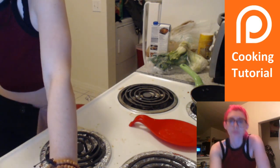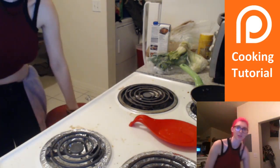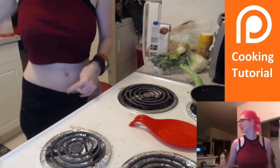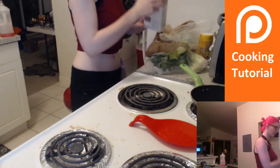Alright, whatever. Okay, so let me actually start prepping this, because as you guys can see, my kitchen is super small. The counter space here is equivalent to over here, and I have very little over here. Yeah. Alright, so